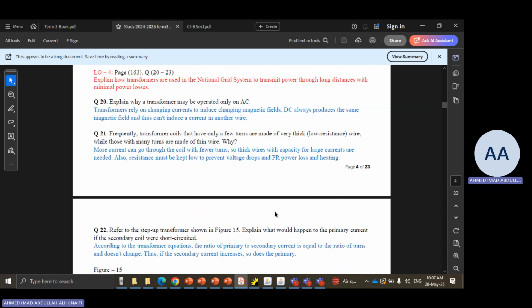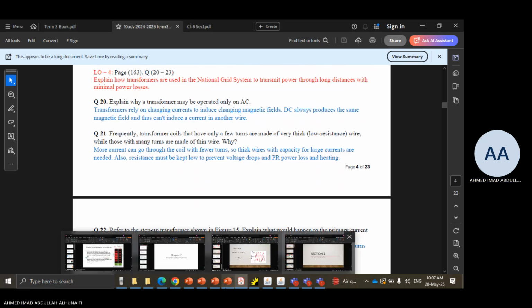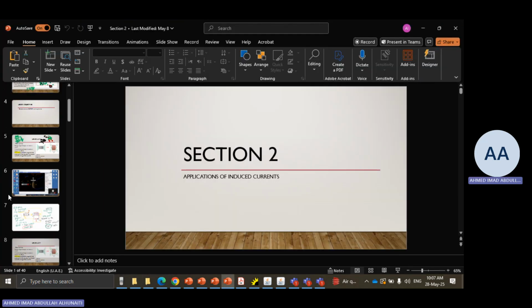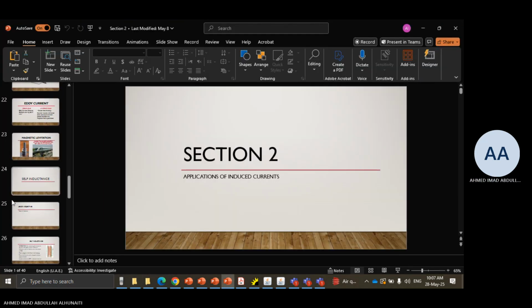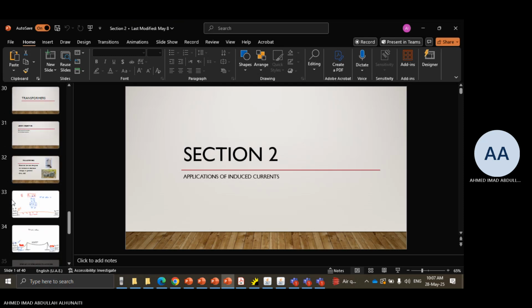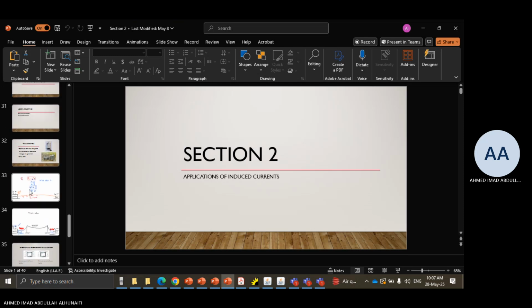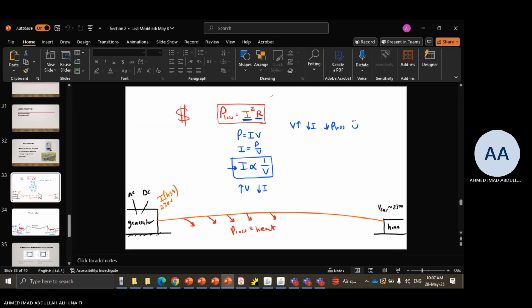Question number 4. Explain how transformers are used in the national grid system to transmit power through long distances with minimal power loss. Let me just look for the slide. Okay, so